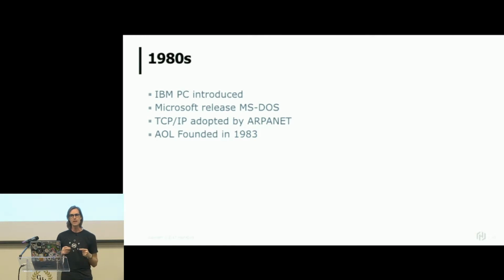I think in terms of the evolution of where we are today, one of the most fundamentally important factors is that TCP/IP, the standard that was set in the previous decade, was adopted by ARPANET, the precursor to the internet, as the standard method for communication between machines. Now that's given us the wide gamut of possibilities that we have. We've got the ability that machines can communicate across this standard.